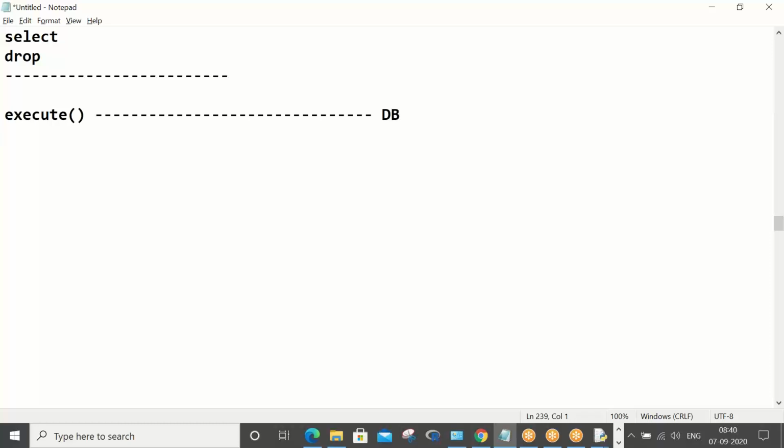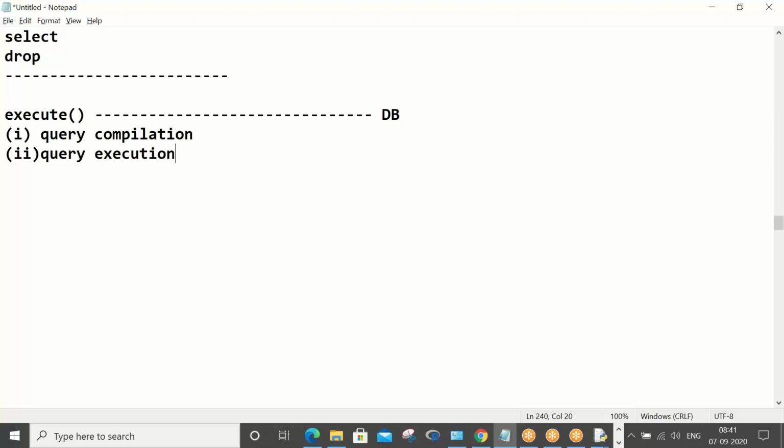Whenever you work with the execute method, it does two jobs: query compilation and query execution. Like your interpreter does compilation first and then execution, your DB engine also does two steps. The execute method ensures the DB engine does compilation and the DB engine does execution.